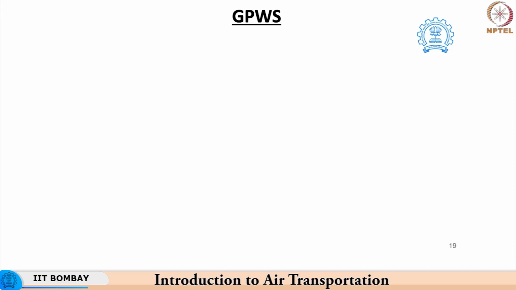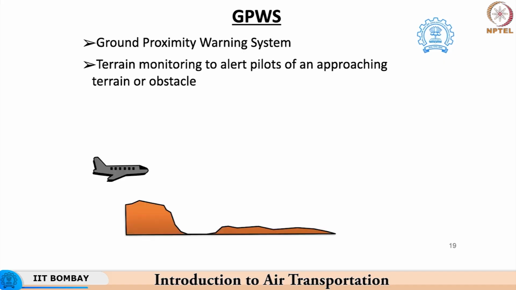The other type of surveillance system, or warning system, that is integrated on the aircraft is called the GPWS. This is a short form for ground proximity warning system. What it does is carry out regular monitoring of the hazardous flight conditions associated with an aircraft. It operates mostly when the aircraft is within a certain height above the ground level.